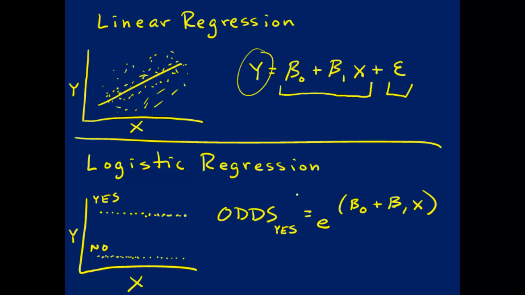Now, in a logistic regression, the outcome doesn't have a number. It's a category. Sometimes we use a number to represent the category, like COPD. If they have COPD, we code them as a 1. If they don't have COPD, we code them as a 0. But those aren't really numbers. Those are just placeholders for categories. And so we can think of the categories as yes, no, COPD, no COPD, 1, 0. All of them are categories. They're not really numbers. And here, the random category generator is always responsible for generating the final category of the